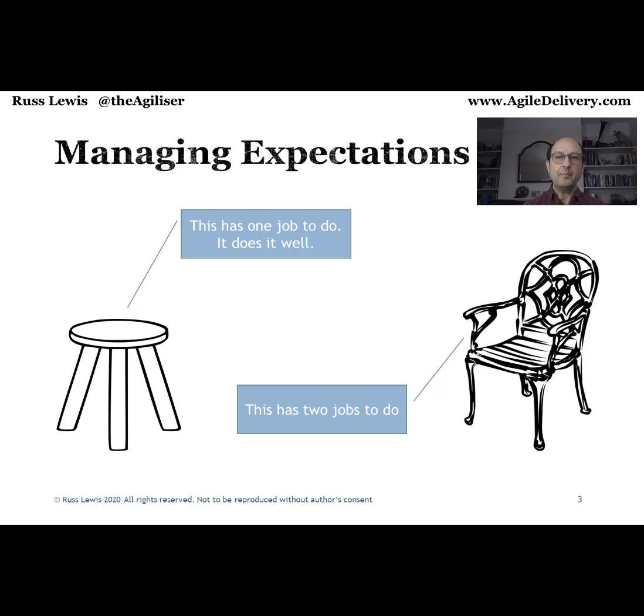And we can do that by asking what job does it have to do? And how will we know when that is done? Now, with the three-legged stool, it's done when a sturdy stool is built and I can sit on it. But with the aesthetic chair, it has to be sturdy enough for me to sit on, but it has to look good enough for me to go, I like that. And that's a different requirement and one that's much harder to test.